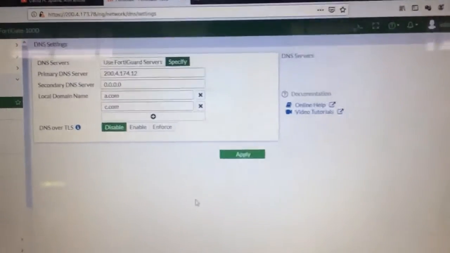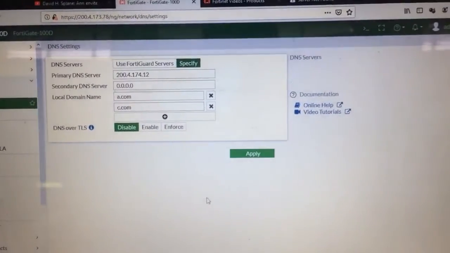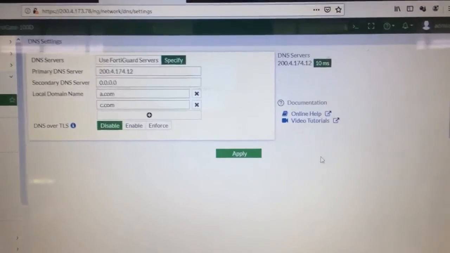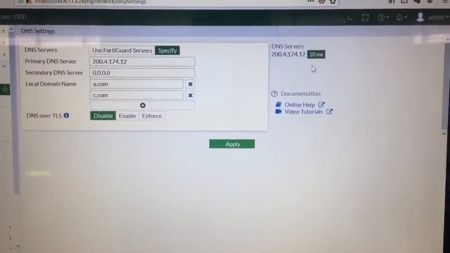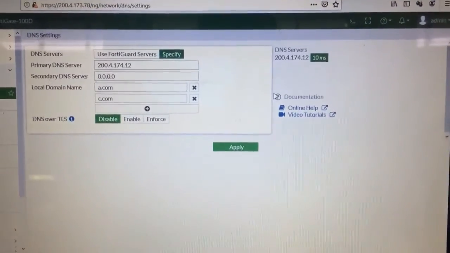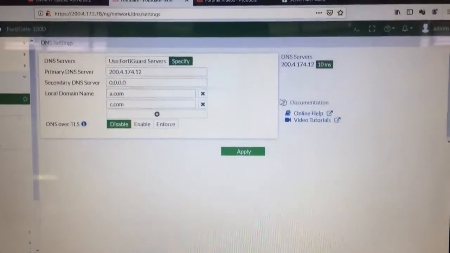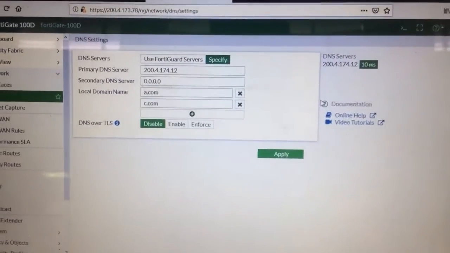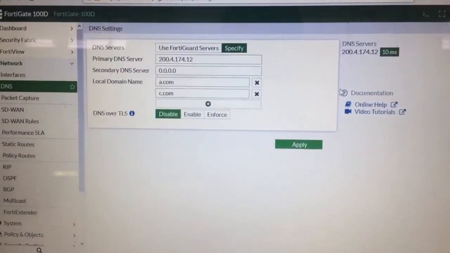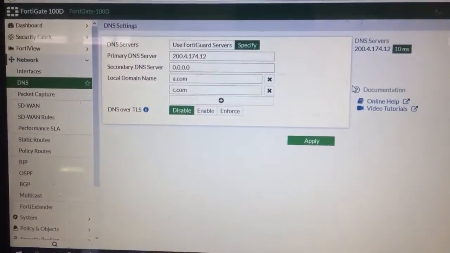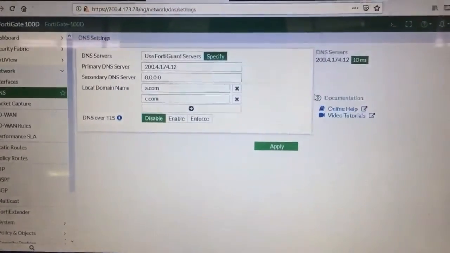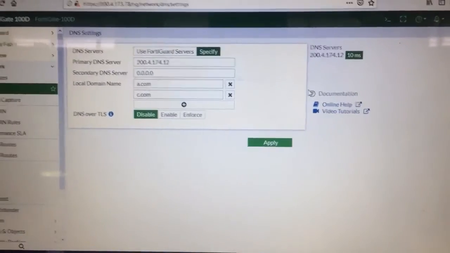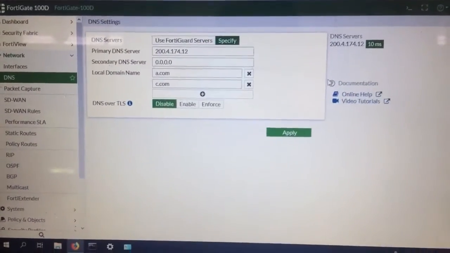and after a while you're going to see the latency on my system. For example, right now it is 10 milliseconds. So the latency in my network is about 10 milliseconds. When I use that DNS, my network is going to be a little bit slow when you transfer from one network to another. But to solve that problem, generally you have to put the default DNS as I put it before,